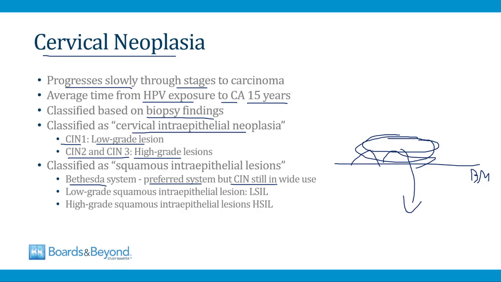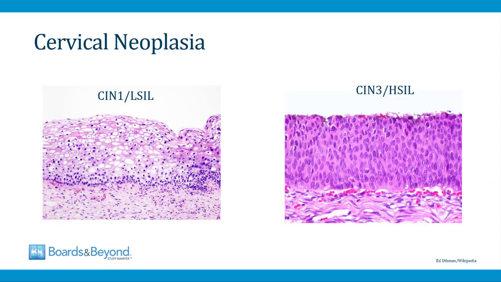By the Bethesda system, lesions are classified as squamous intraepithelial lesions, or SILs. A low-grade SIL, or LSIL, is a low-grade lesion far away from becoming carcinoma. A high-grade squamous intraepithelial lesion, or HSIL, is a high-grade lesion about to progress into carcinoma. You don't need to know how to classify these lesions based on their appearance under the microscope, but